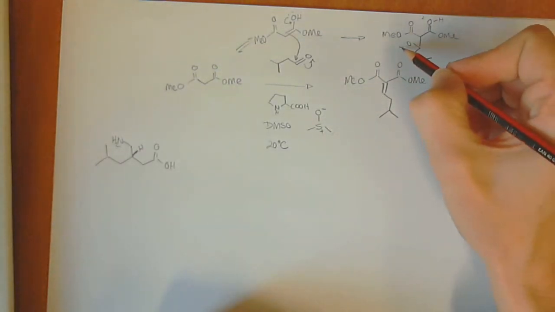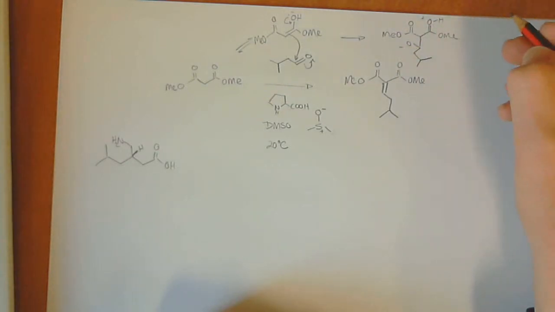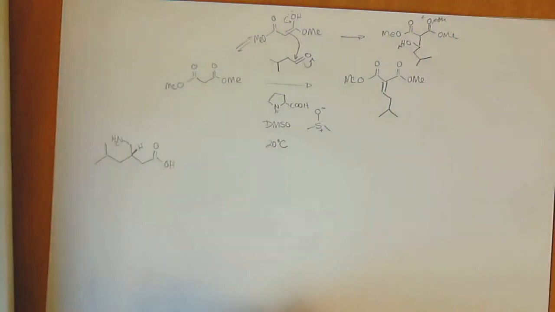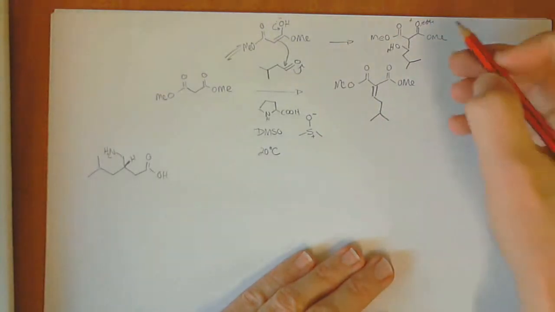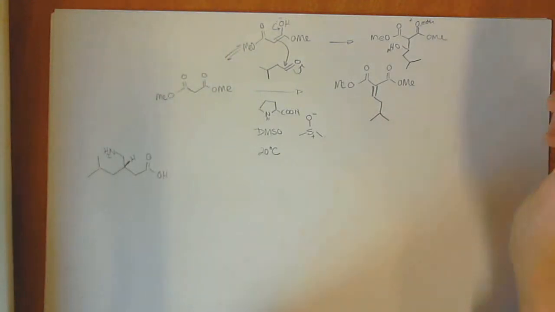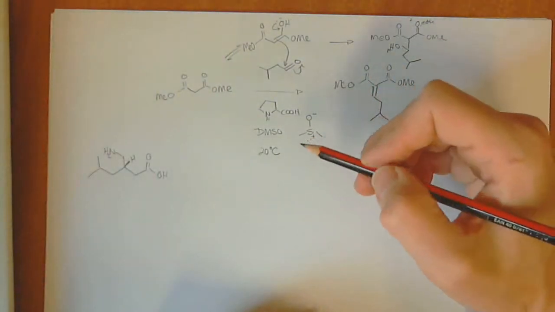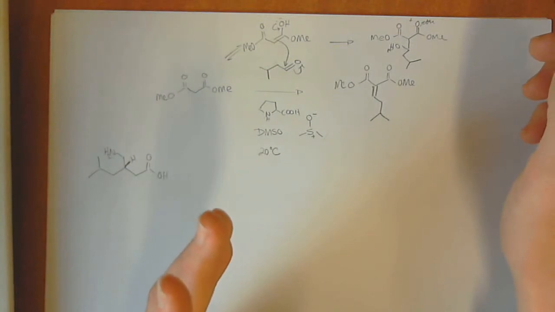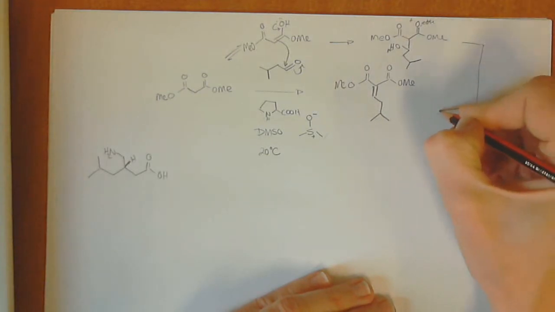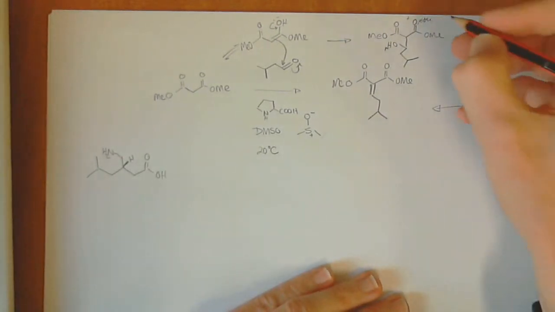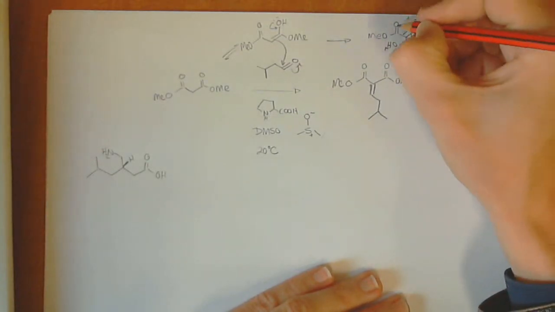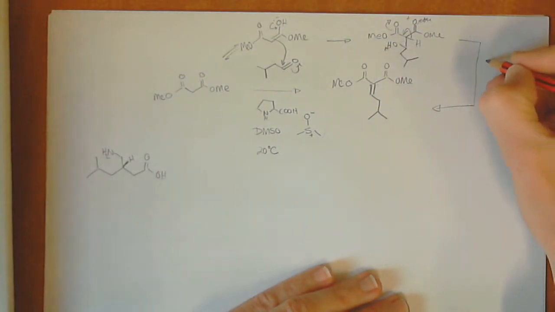All right, so we can now switch the protons around, and I'm just going to do that very naughtily by scratching it out. Don't do this when you're showing me your answers. So we get an H over there, and now this can eliminate. The mechanism: we're not having strong acid here, so maybe it's going to be E1CB, or maybe it's just going to be elimination. I wouldn't treat you too harshly on that, but let's just say that we do an E1CB mechanism, so that goes out there,